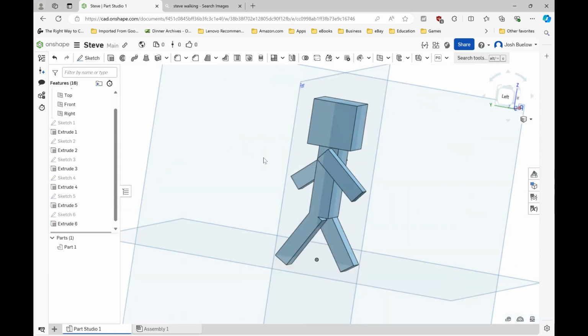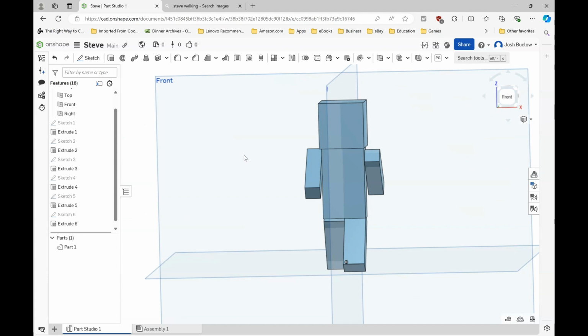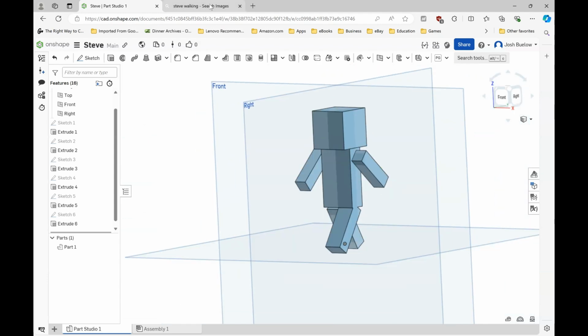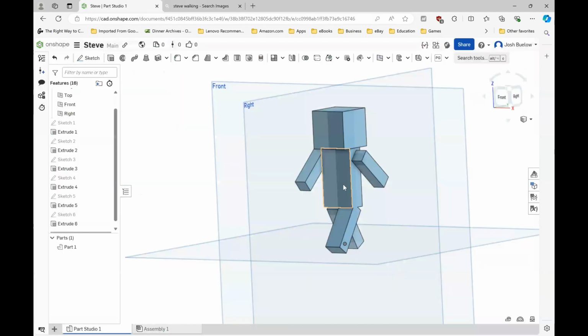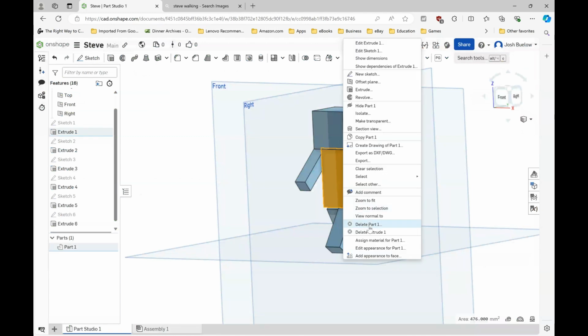Now you can add a lot more detail to Steve if you want to. Obviously, as you can see here, Steve has a bunch of different colors. So we can actually add those colors too. We're not going to do it all right here because you're going to do some of it yourself. But if I click a surface like this and then right click it, I can do add appearance to face right down here on the bottom. If I click that